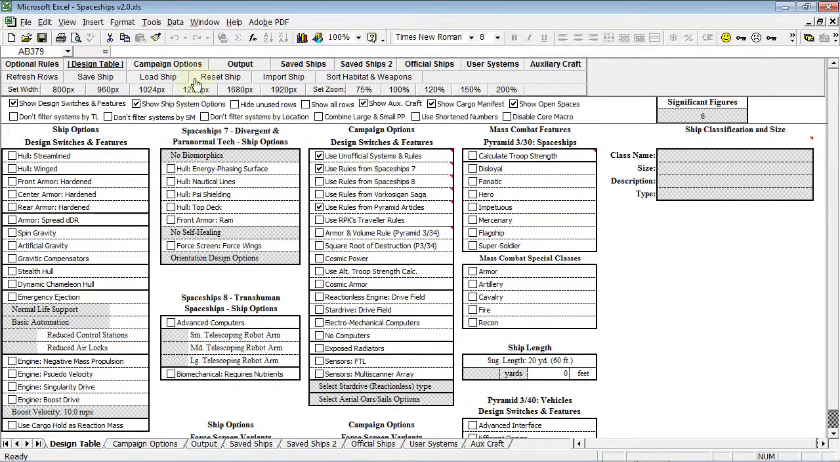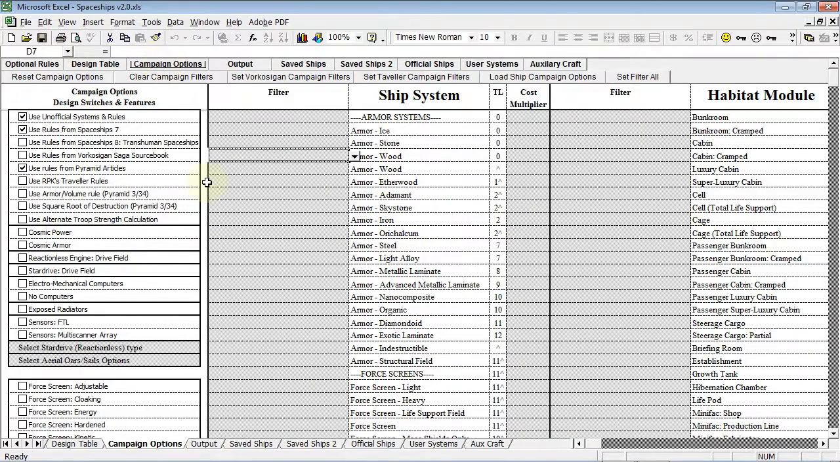This allows you to quickly set some of the primary campaign options for your ship without having to go back and forth between the design table and the campaign options. Now, the next section is very large, and it's the systems filter. The systems filter allows you to select spaceship systems that are in the rules that you do not want available